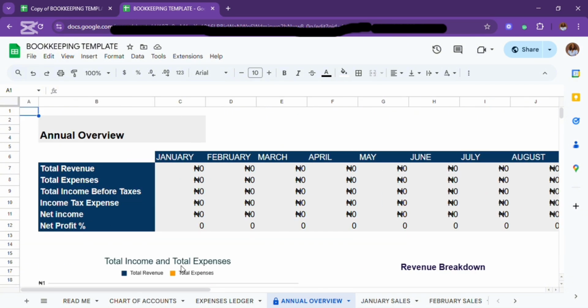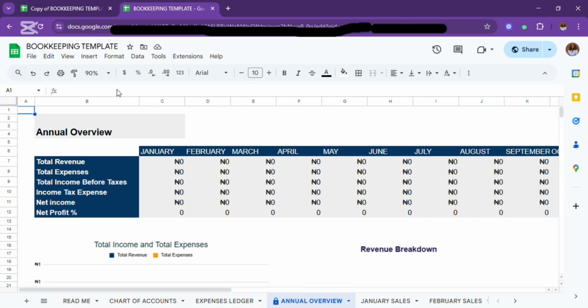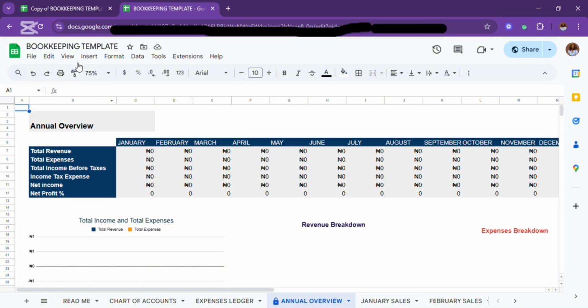Then let me reduce it so that we can see everything. 90 is okay, right? 90 is still not okay. Let's see the 75 this time. So yes,